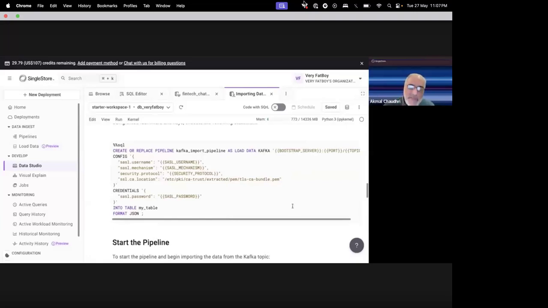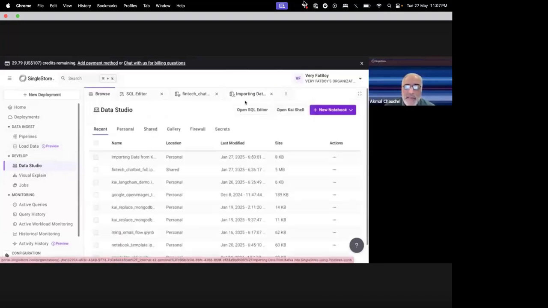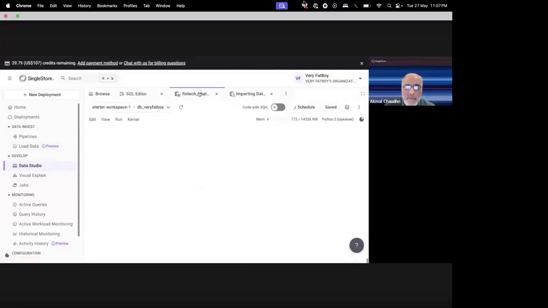So this is something I've used previously in another example from a few years ago. But the one that we are using specifically today, as I said, is public and open, therefore we don't need to provide any of this information. We simply point to the actual broker and the topic, and that's it. We don't need to provide any other details or information. So that's essentially how you would do it.